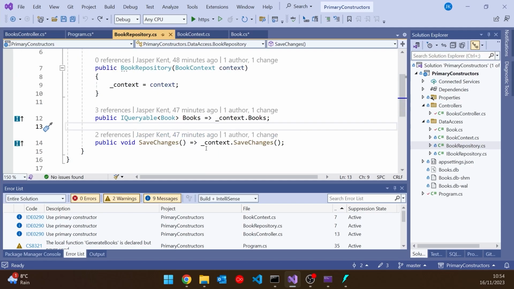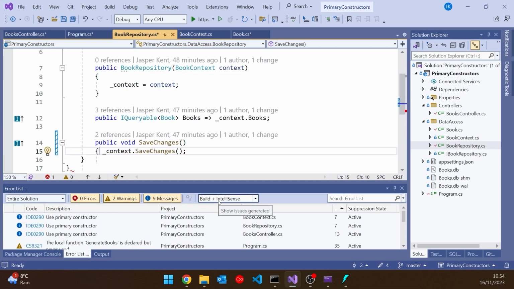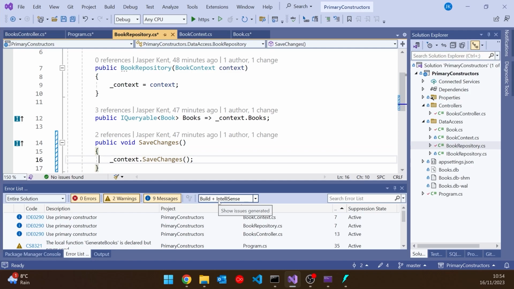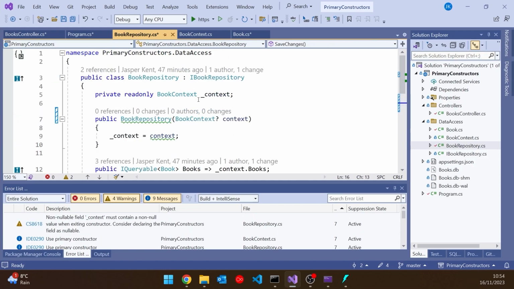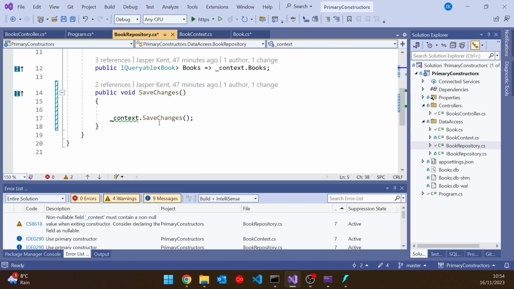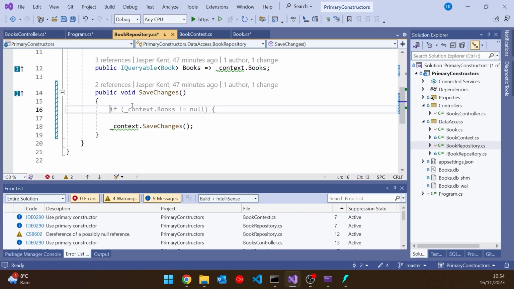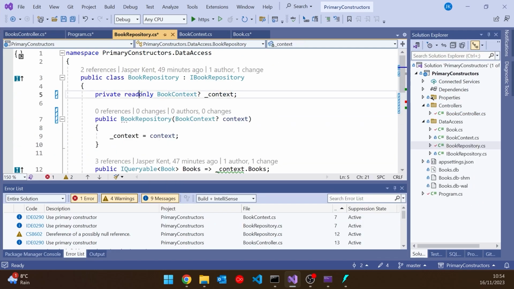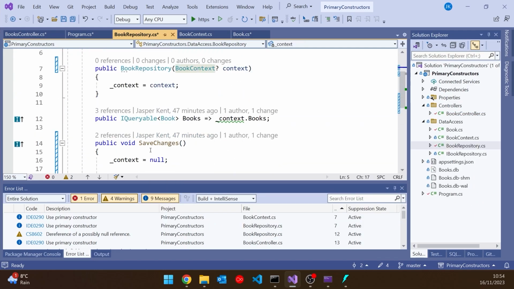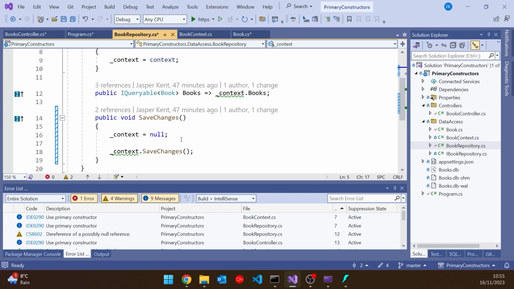context as read-only, which means if we were, say, in here just to put a fully bodied function in there, it would be possible, let's say I change that context to a nullable context, and that one there, I'm actually not allowed to set the context inside the code. I don't really know I'd want to do that, but that's what the read-only is there for, to prevent us, so we don't get an error if I've got it there. We do get an error when we have the read-only on there.